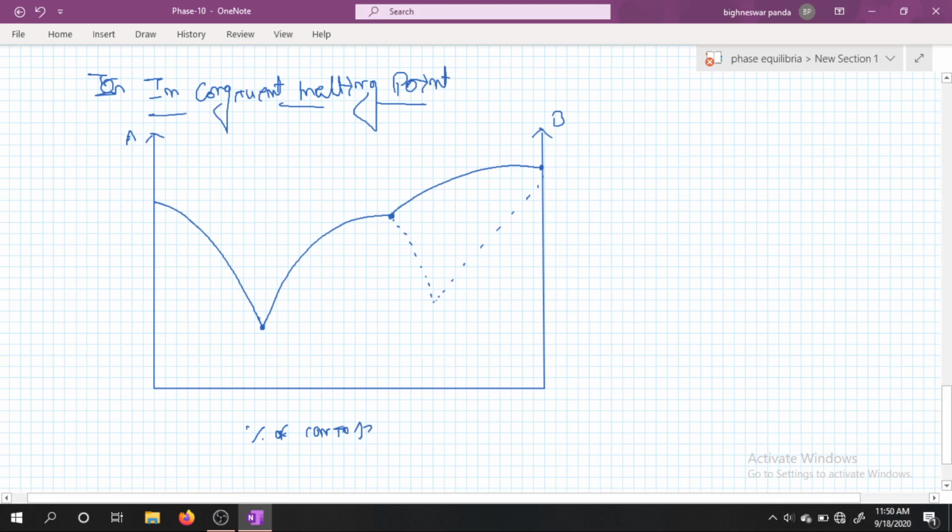So what happens here? Here A plus B liquid is present at any point on the curve. It is in equilibrium with A solid. So at this point A plus B liquid is converted into A solid and AB solid. Let us consider this is point A. At point A we have equilibrium between A plus B liquid, A solid and AB solid. This is also called our triple point.